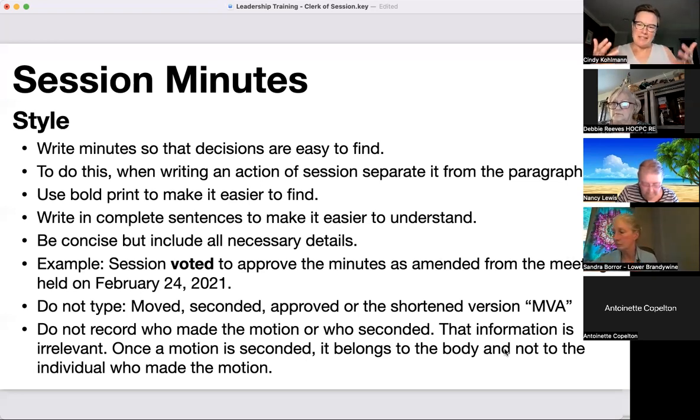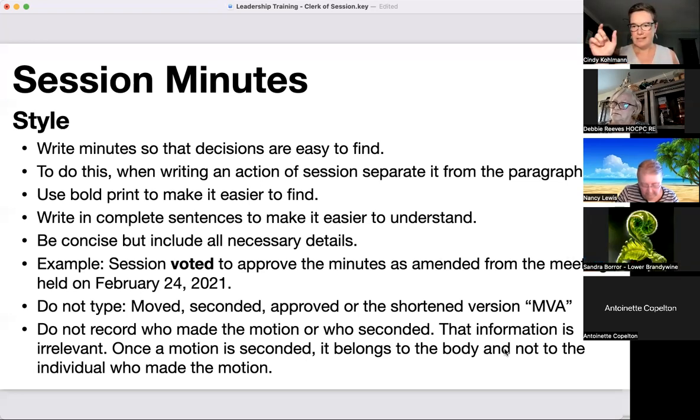So there's some balancing there as you think about style. You do want the decisions, the actions, to be easy to find. A good way to do that is to use bolded script or italic script. My style is I bold. So those pop out on the page and I can see these are the action points. Some people